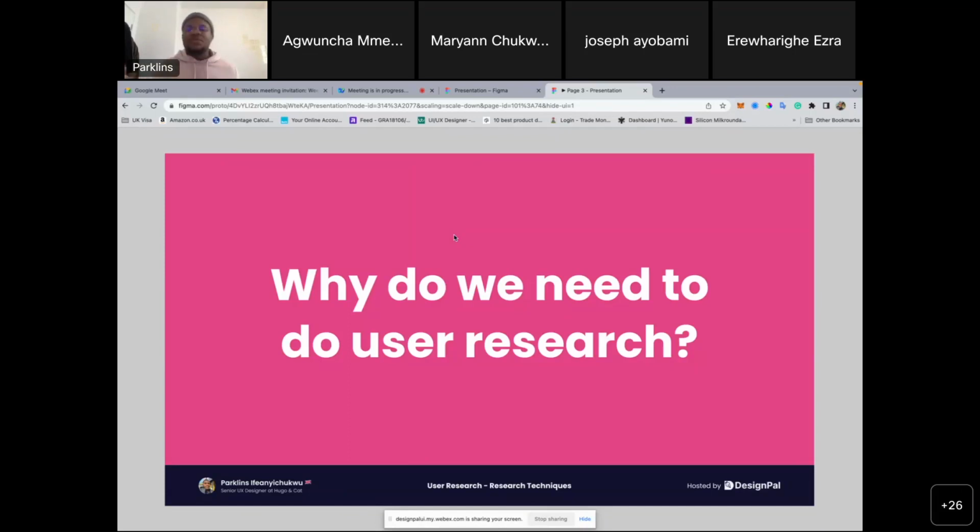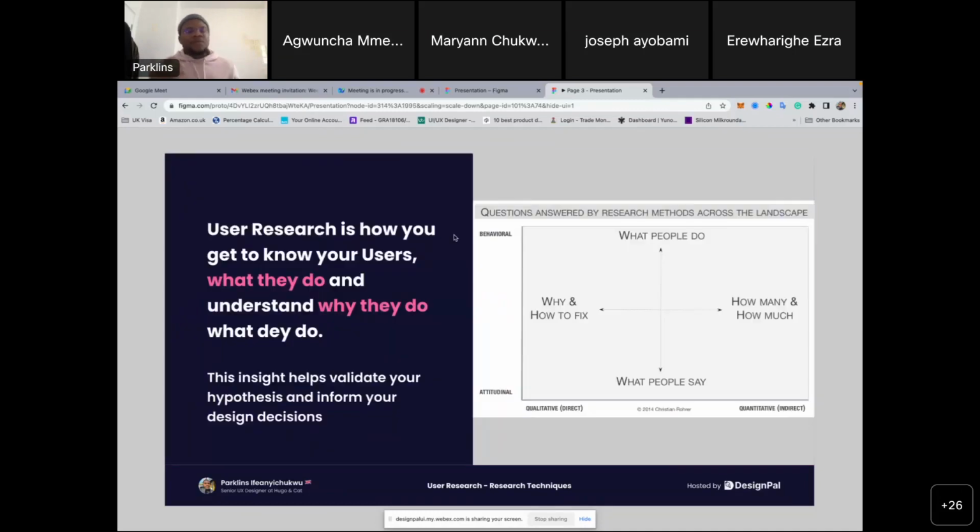So I'm going to talk briefly about the importance of it and how valuable it is to take a pause before you jump into pixels and do some research before you dive into all those things. Like I said before, the previous definition of user research that you saw was a very long definition. I then summarized it to this,